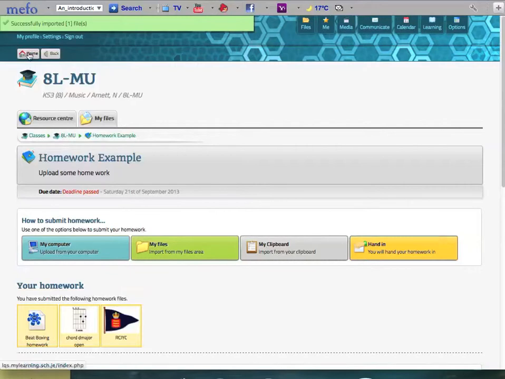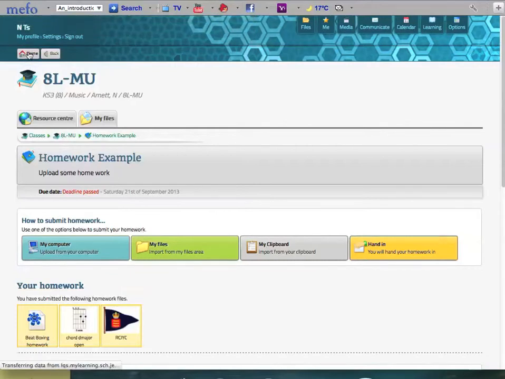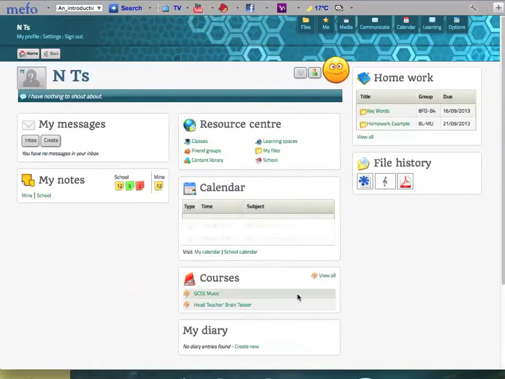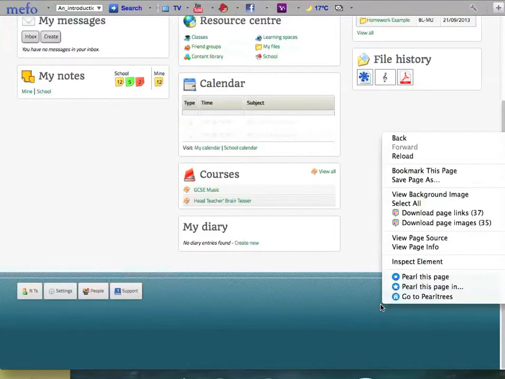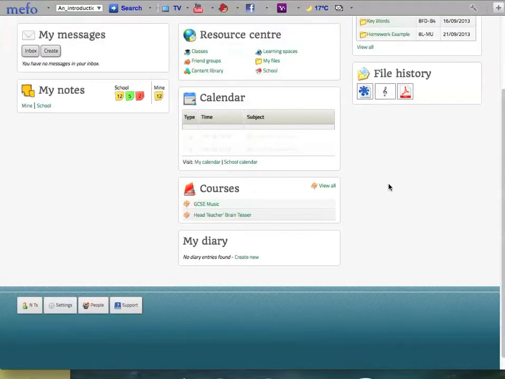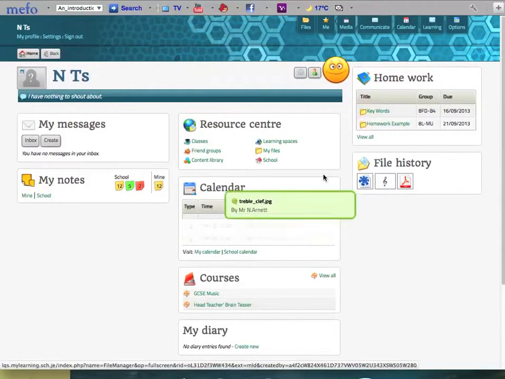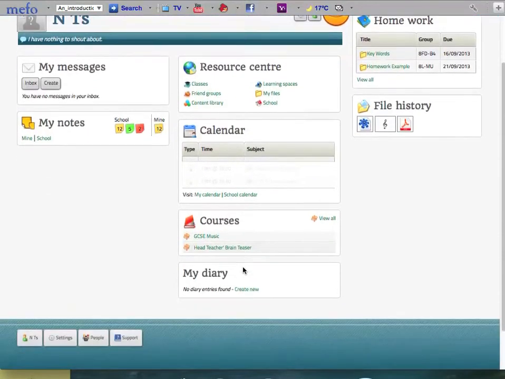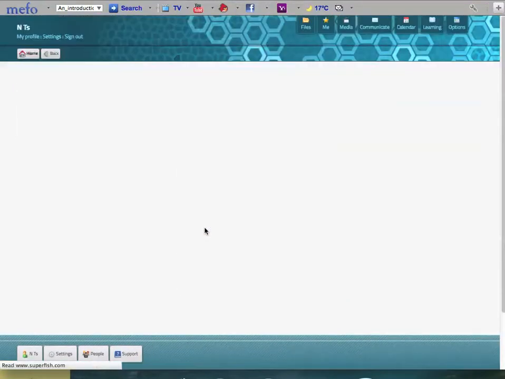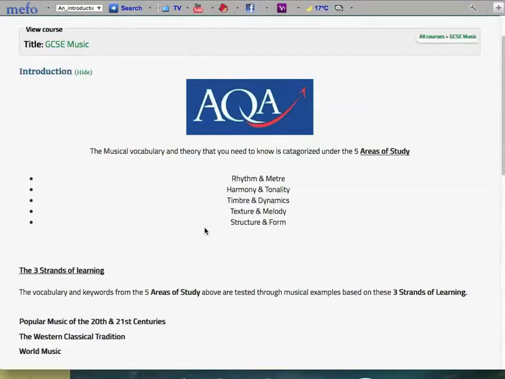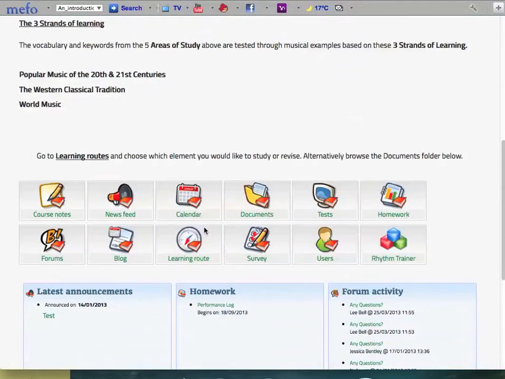The other place homeworks do appear, and it's a very similar process, is within courses. Courses are a more detailed set of learning tools, basically, that can be more ordered and can go into a lot more detail. Your courses will be listed in this area down here. So as an example, if I go into this, current student is registered under the GCSE Music, and you can see the modules here. And if I click into the homework module,